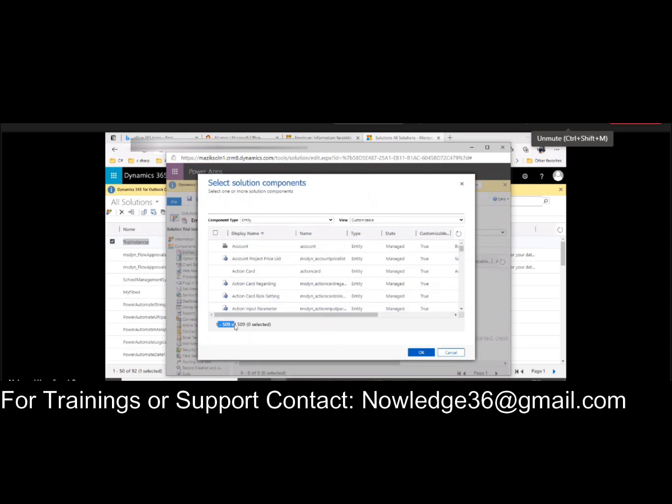Here you see a total of 509 entities are available in Dynamics CRM. We have 509 entities available.